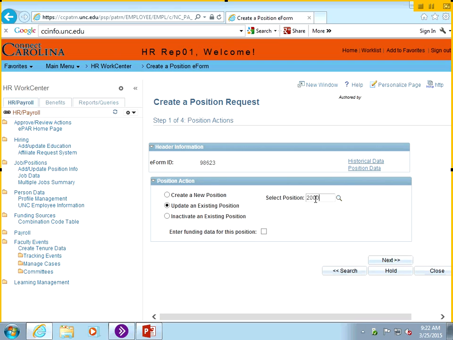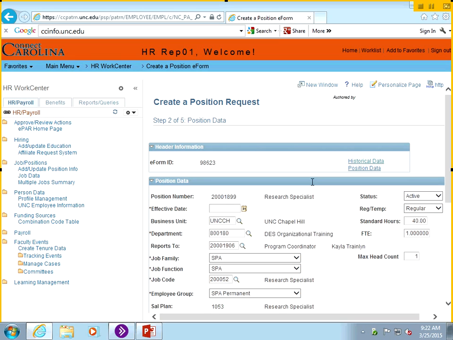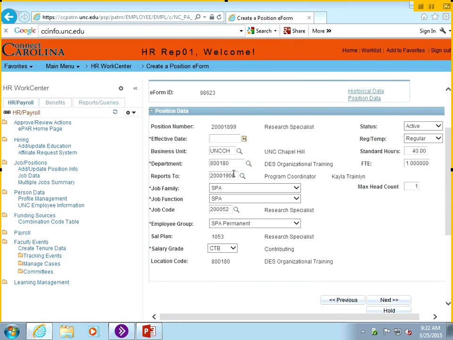I'm not going to mess with funding. In his position, so we pull up his position, you can see the reports to here. So just a word about effective dating of this. I know we say on the sheet that this is going to be effective next week. Well, we're going to pretend that next week is March 25th